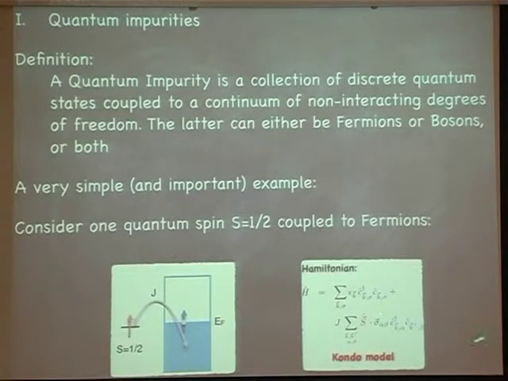I hope you have seen already that you can represent a spin 1/2 by those combinations of Pauli matrices and fermionic operators. And here we assume that everything is local, so the k and k prime sums are independent. You can become a bit more sophisticated and add a J_kk' here, but that doesn't really change things. It just makes life and formulas more complicated. So that's the Kondo model.